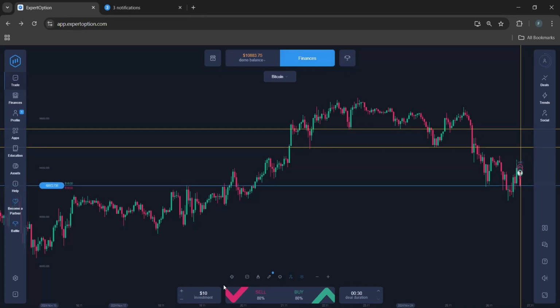When it comes to placing your trades, number one is investment. What is investment? If you're already a trader, if you want to place a trade, you will have an amount you want to risk in your mind. So, for instance, if I have a $100 account, it automatically means that when I place my trade, I will know where to put my stop loss. However, in this place, whatever your investment is, when you click on buy or sell, it automatically gets deducted until probably you are in profit. Then it comes back with the returns. Let me explain that again. So if I have $100,